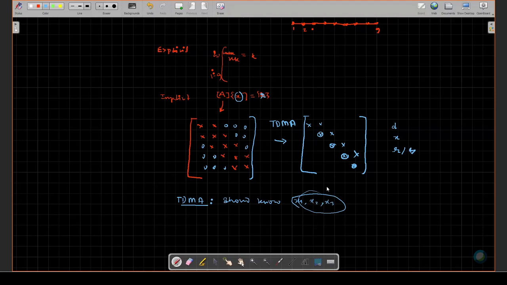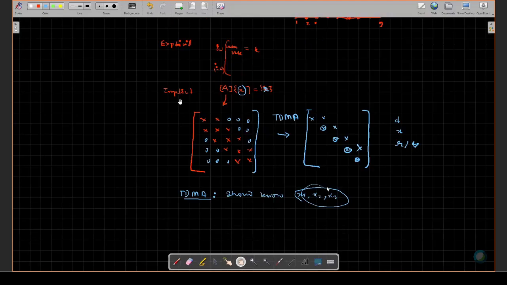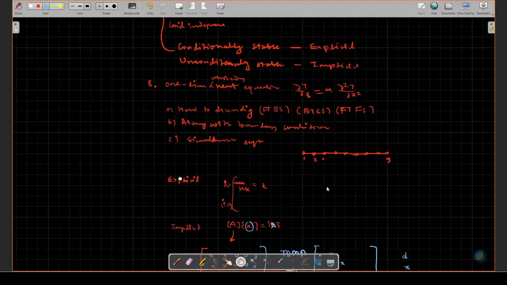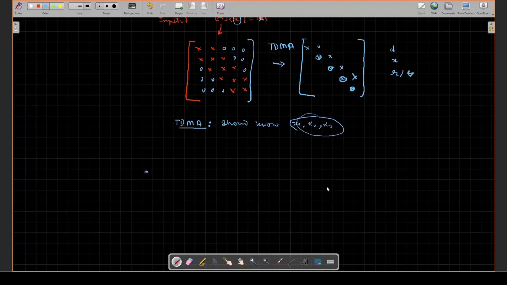So that is the whole structure we had. And then even in that, we were talking about conditionally stable and unconditionally stable schemes. So I can write like a 9th point: stability limits have to be put in. In case of the 1D wave equation, we came to know that A delta t by delta x should be less than or equal to 1. That was the criterion. And then alpha delta t by delta x square should be less than or equal to half. That was one other criterion.